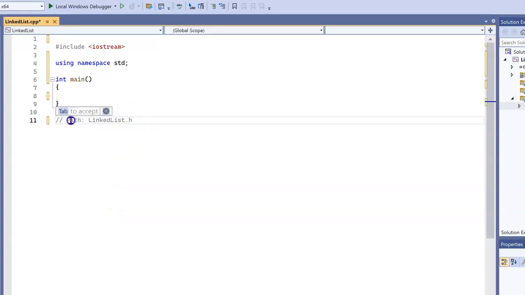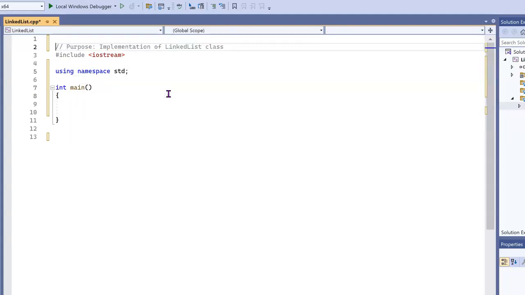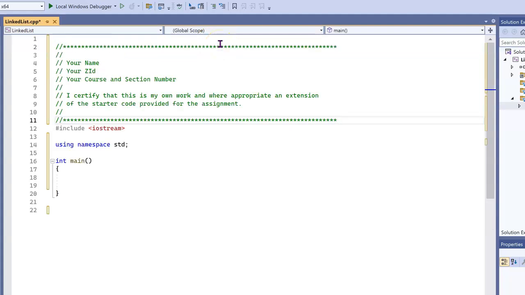In this video, we're going to discuss implementing a linked list. First, we're going to set up our main program, like so. And maybe let's add our header so we can meet the course requirements. And here you'd put your stuff, but